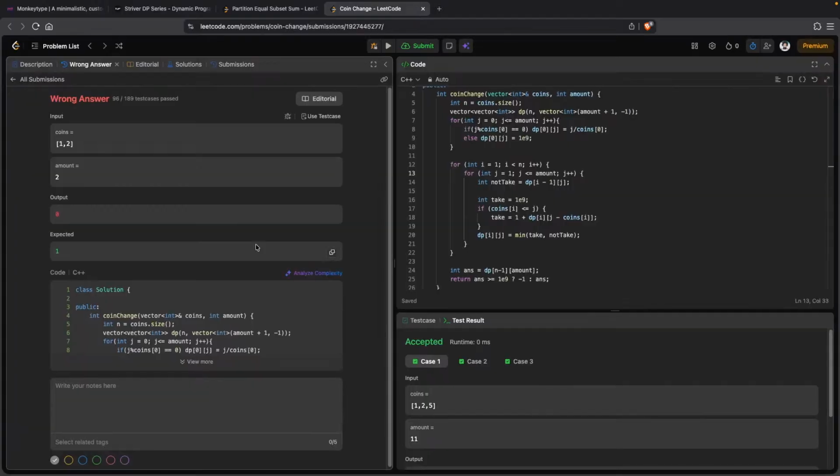I think I should actually check the input. It's coins 1 and 2. And the output will be